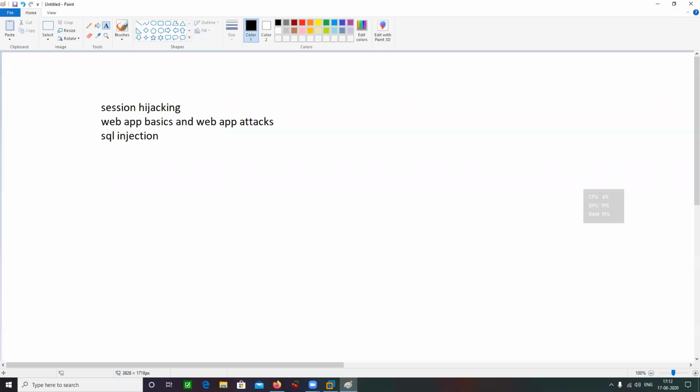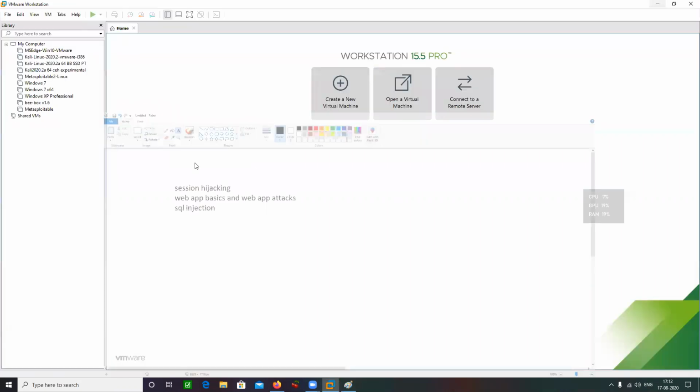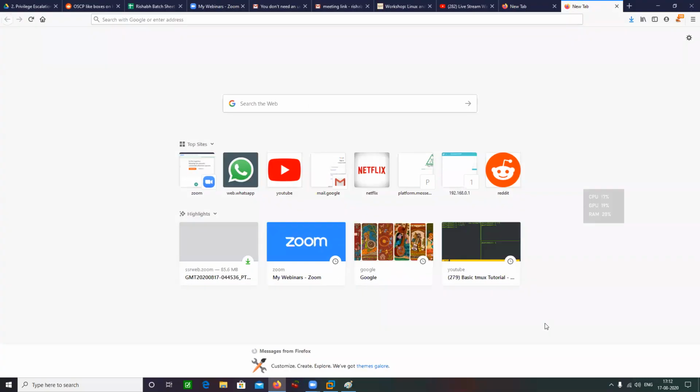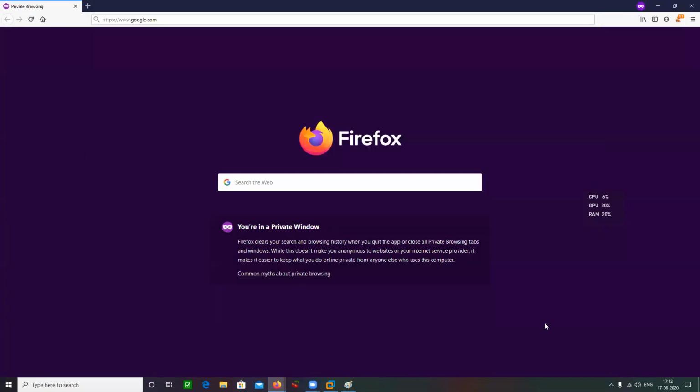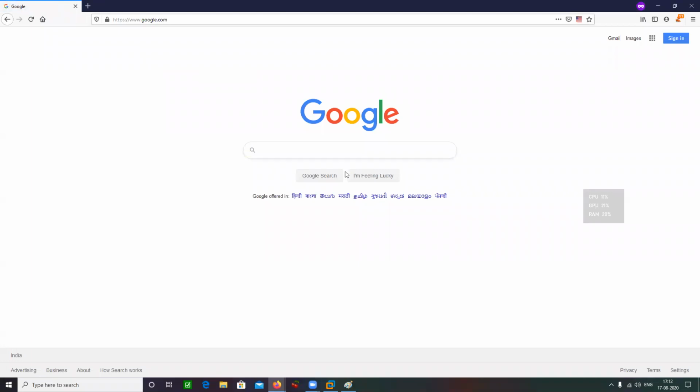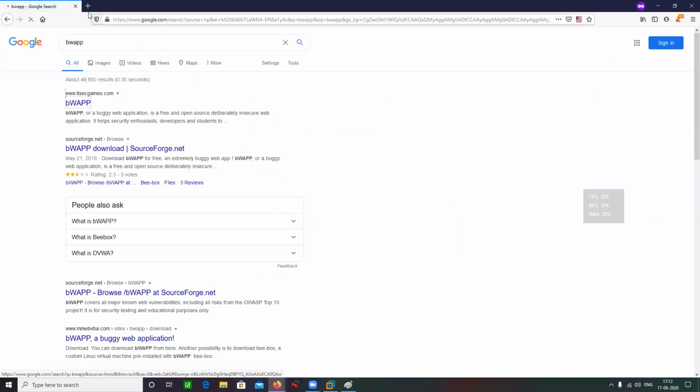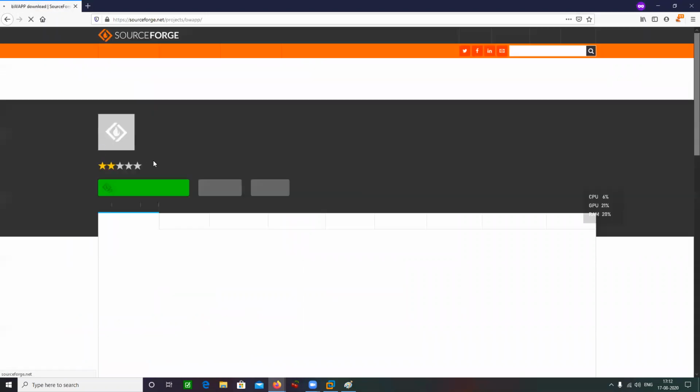Okay, so let's start with web application basics. For practicing web application attacks and all that stuff, we need to download a virtual machine that is known as bWAPP. Let me show it to you from where you can download it. You just need to type bwap here. Go to the SourceForge site.